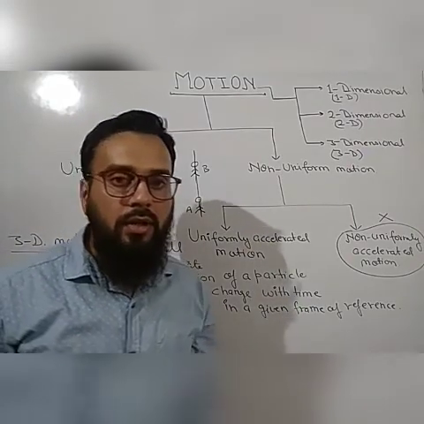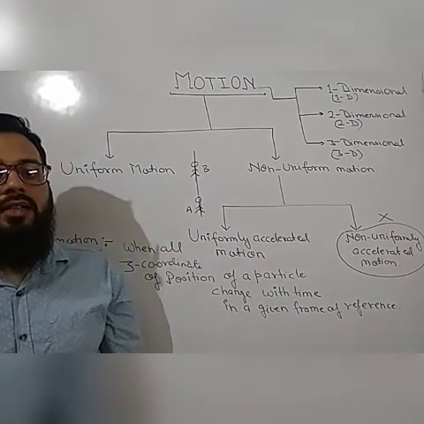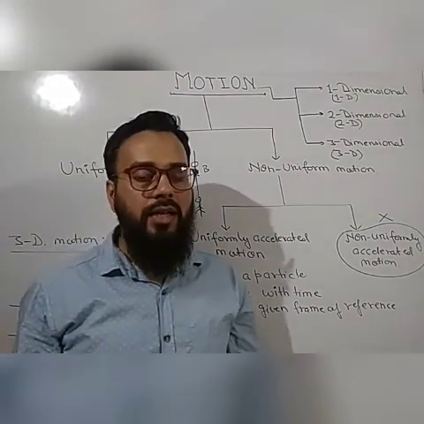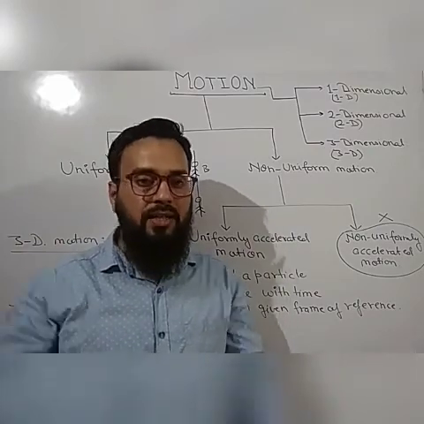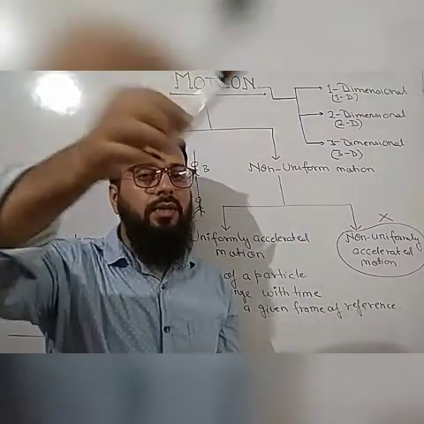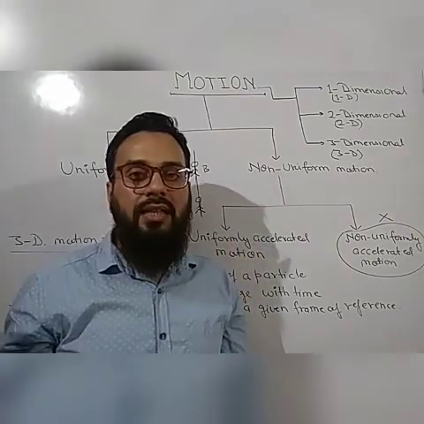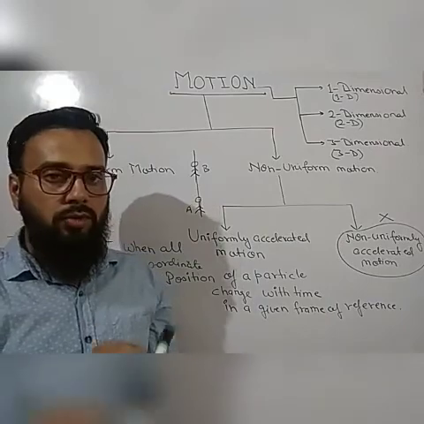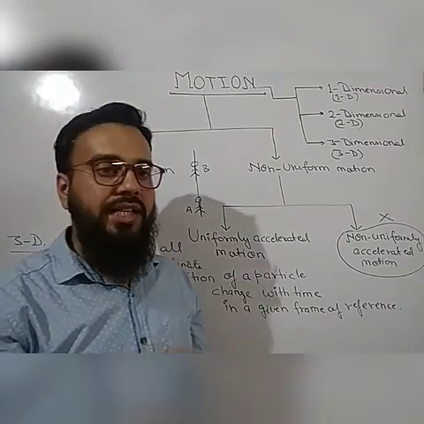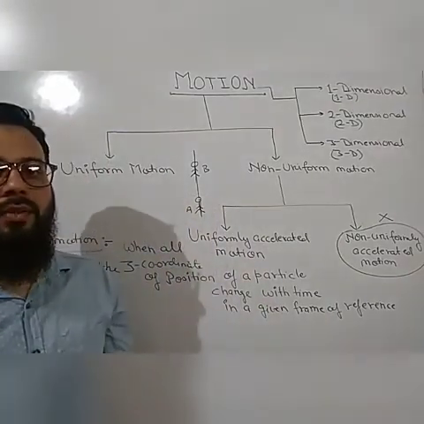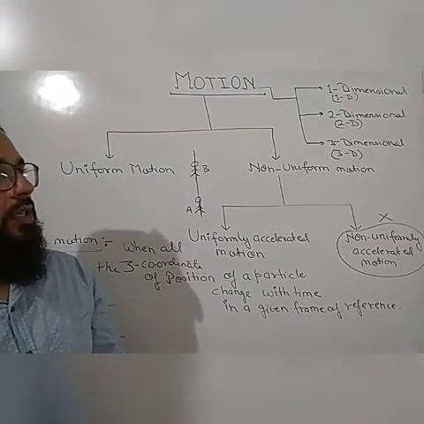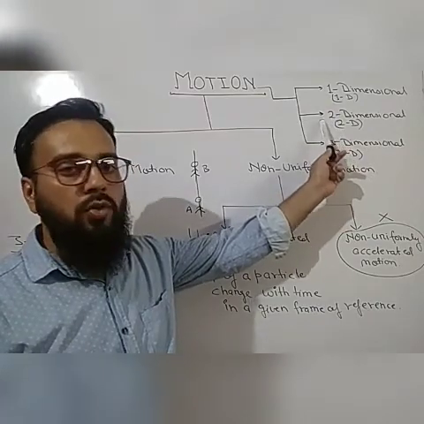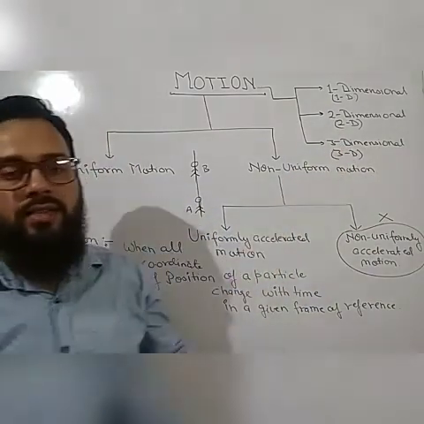Okay, now if in a certain condition there is a plane crash, what is the direction of that motion? If a plane crashes in the sky, then it will be a random motion, like the motion of a bird. The plane may go like this. So this motion will be a three-dimensional motion. Okay, so I hope now you are able to understand all the three dimensions of motion. In 1D only one coordinate changes, in 2D two coordinates, and in 3D all the three coordinates will change.